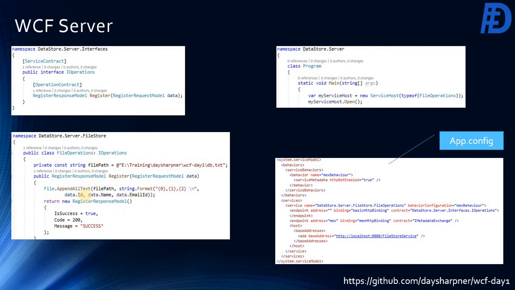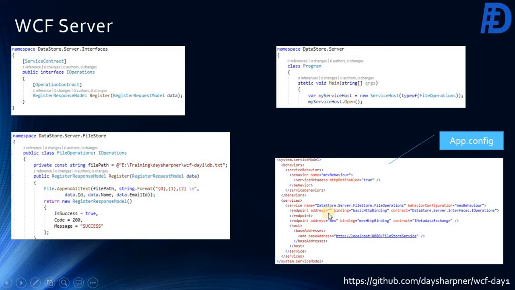In WCF, if you want to make your service listen on one port, you have to add a configuration. You can see here we have added a base address, and the same will be opened using service host open in your main method.